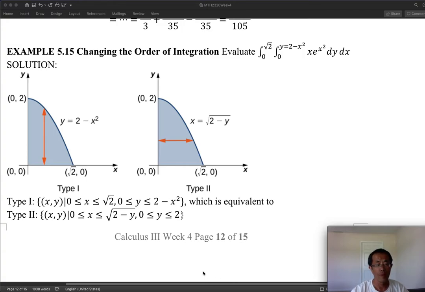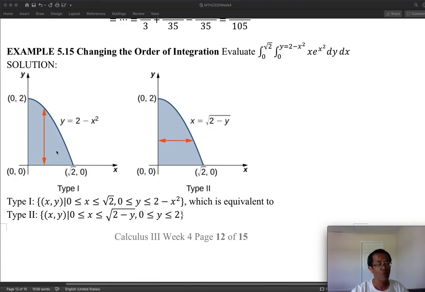Hello everyone, welcome to Calculus 3. Actually, we are still in section 5.2 about double integrals over a general region. Remember, there are type 1 and type 2 regions, and indeed, if you look at the drawing here, according to the arrangement, according to the indication of the arrows here, I can say this is a type 1 region,